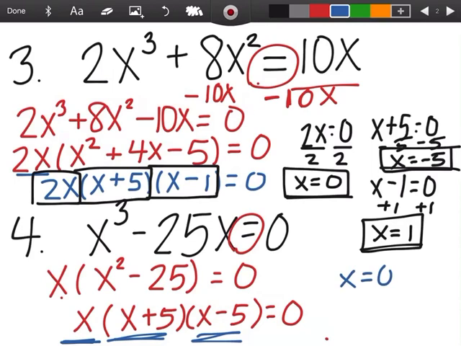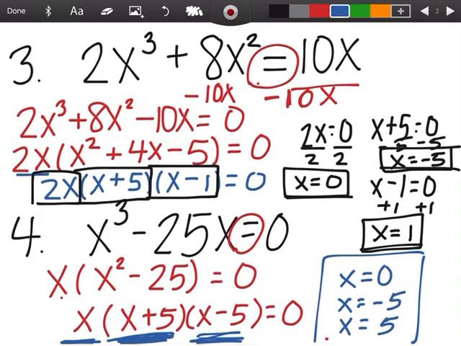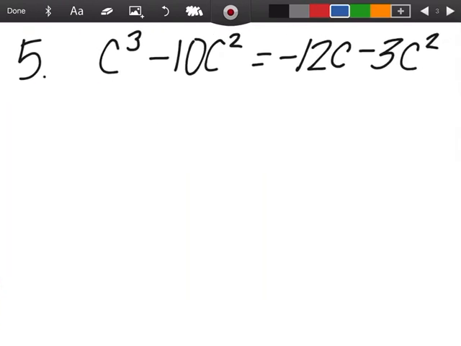So what makes x equal to 0? When x is 0. What makes x plus 5 equal 0? When x is negative 5. And what makes x minus 5 equal 0? When x is 5. So again, there are 3 solutions. So the fact that the original problem was x cubed is a good indicator that there's going to be 3